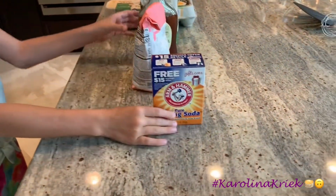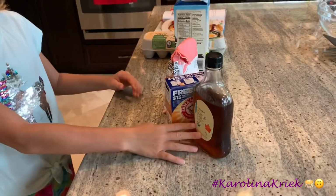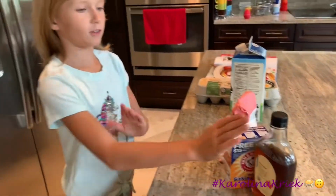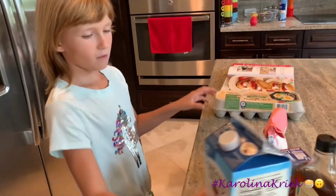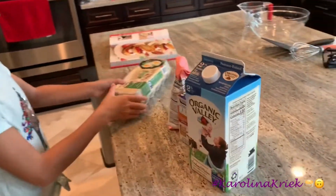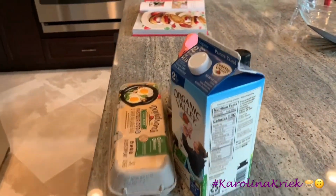baking soda, maple syrup. Well, this is optional. You don't need this, but milk and eggs. And the materials you need: